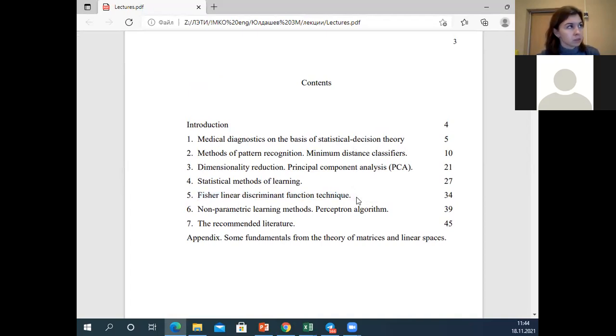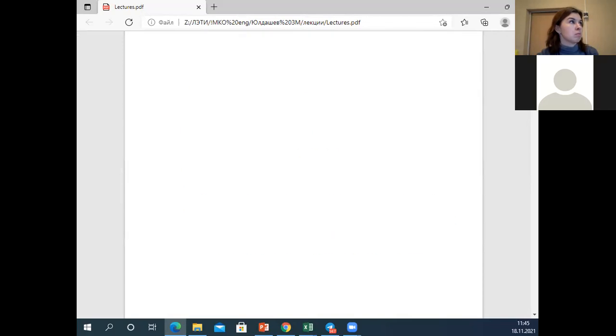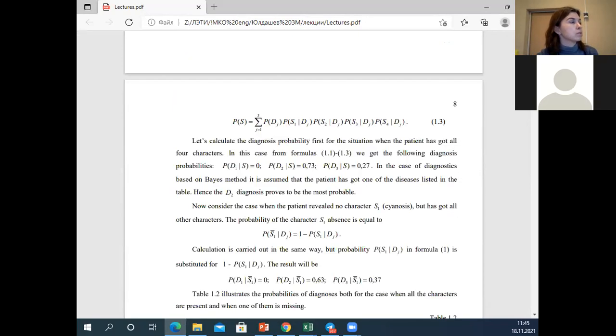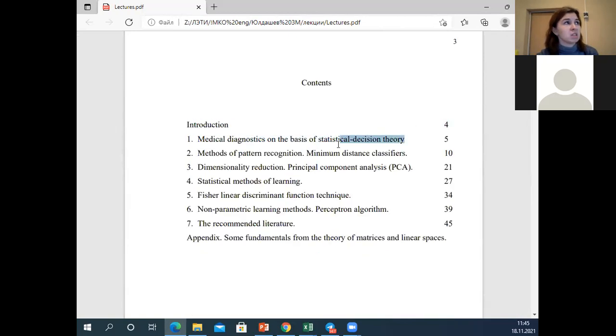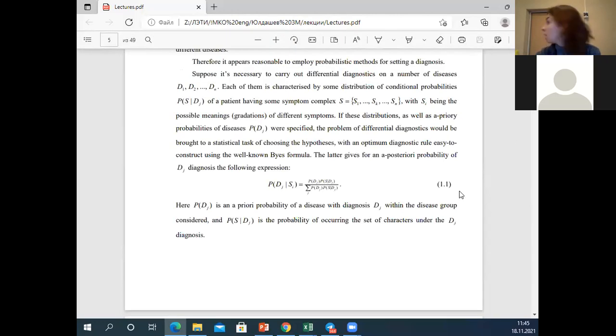Feature linear discriminant function technique is also our theme today, PCA, and also the perceptron algorithm. We will discuss the perceptron later, and some examples. We will not work with the statistical decision theory, I mean Bayes classification, because it's a little bit out of our main way. But you may also